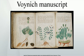History. Much of the early history of the book is unknown, though the text and illustrations are all characteristically European. It was brought to modern attention in 1912 when it was purchased at the Villa Mondragone, near Rome, by antique book dealer Wilfrid Voynich. When Voynich first discovered the manuscript, his first impression was that it dated from the 13th century. In 2009,